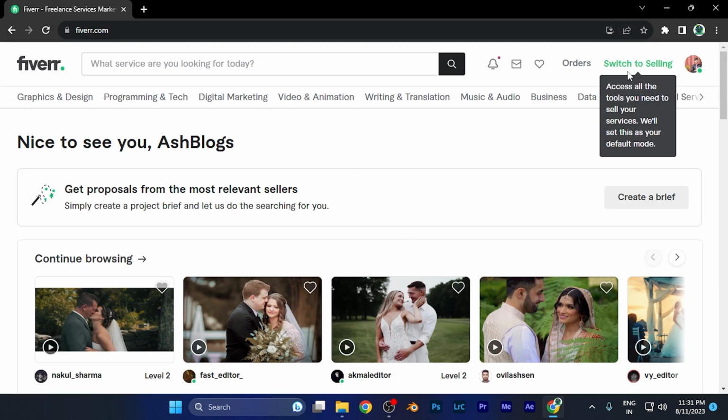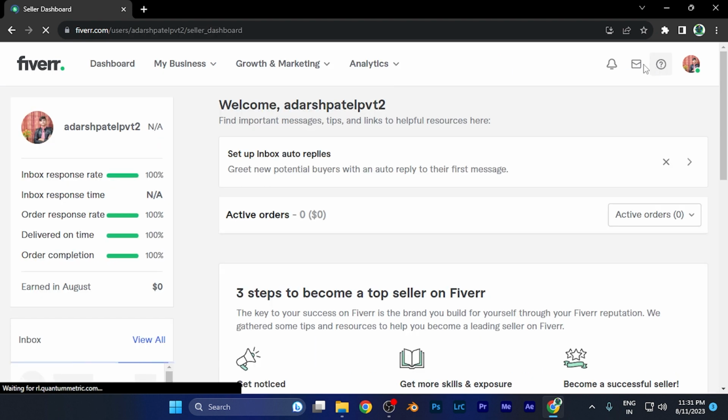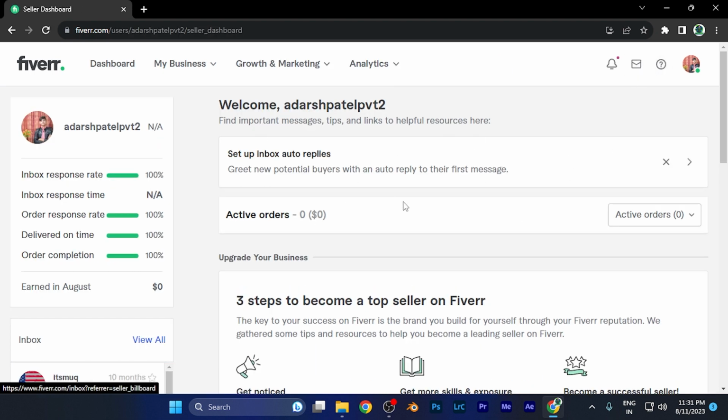First let me switch to the selling account. When I click there, over the top right corner it is the switch, and my account has been now switched to selling. Now this is the dashboard, and now to delete a gig, all I have to do is